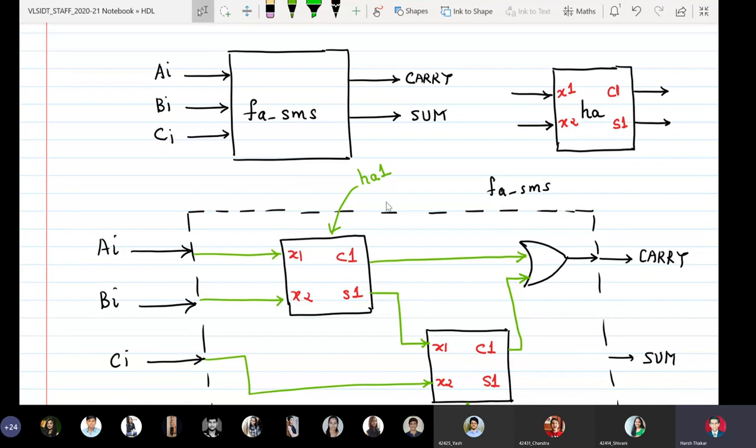Okay. So if a particular component has only one instance, and if you have ready-made logical functionality available in VHDL as keywords, then you need not create a component. Okay. I repeat that if a particular block diagram has only one instance of a component, and if there is a ready-made keyword available in the language, then you need not create a component; you can simply do the logical ORing.